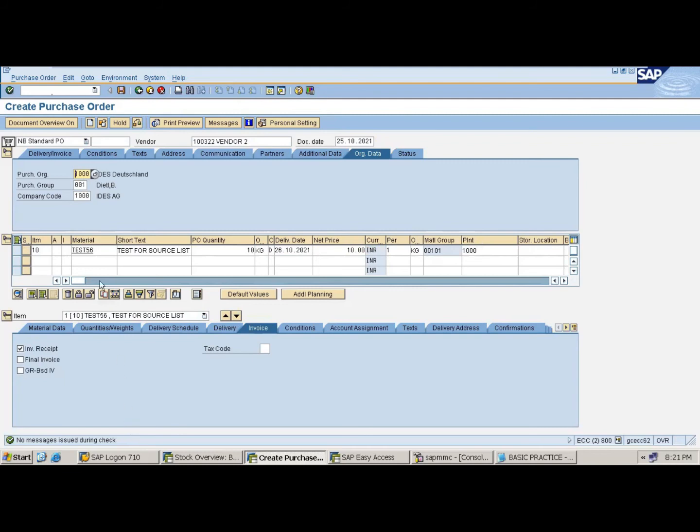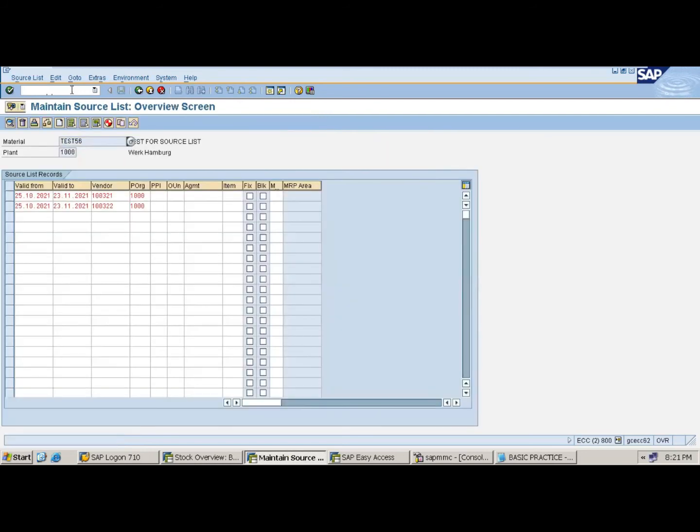Why? Because in ME01 there is no block for any vendor. Suppose you want to buy this material only from this vendor, at that time go for the fix.